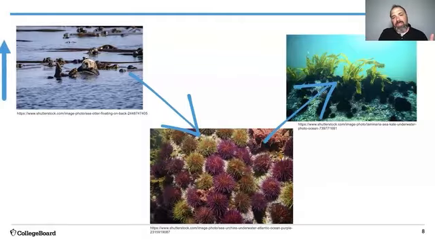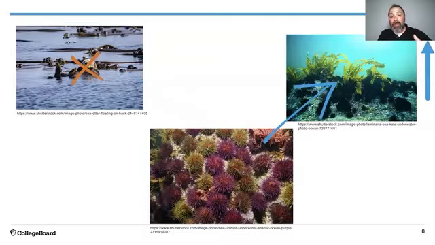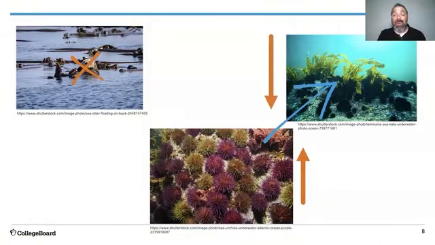So when the otter population's high, urchin population's low, kelp population's high. Let's say something happens to these otters. If their population declines, there's going to be no otters to eat the urchins. The urchin population is going to go up. If you've got more urchins available, they're going to eat more kelp, and that kelp population will decline. So this is showing you how that organism at the top, that otter, was able to impact that lower level. That's a trophic cascade.